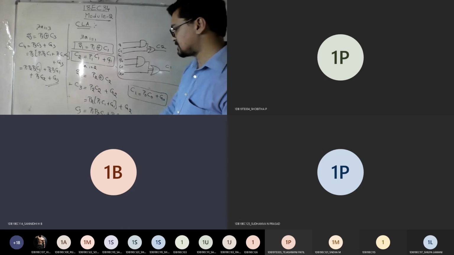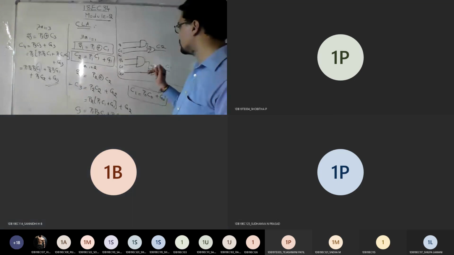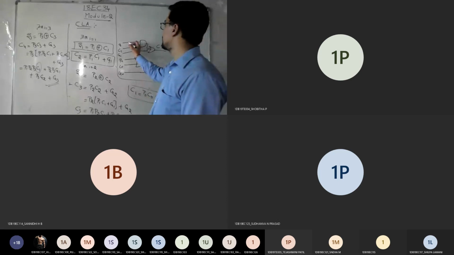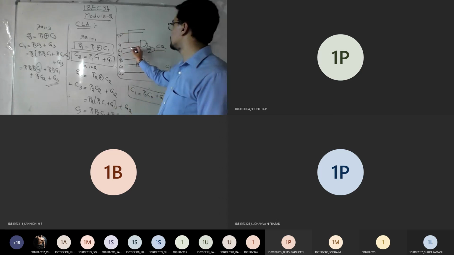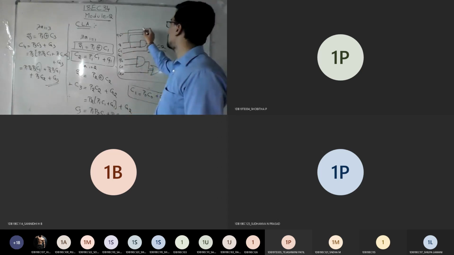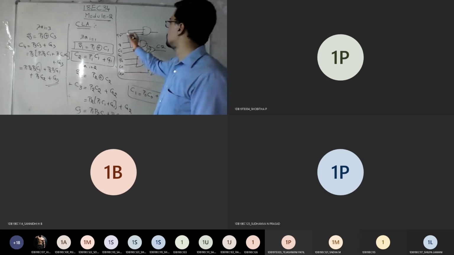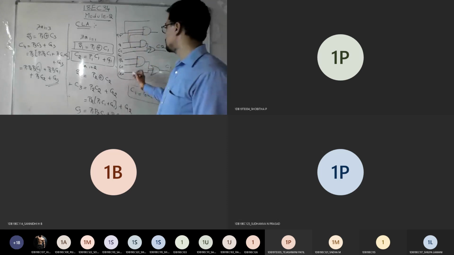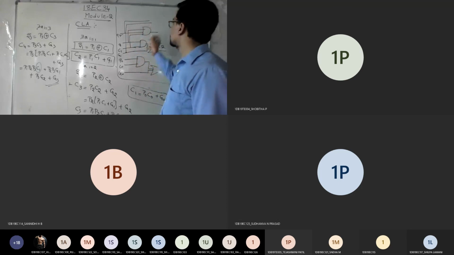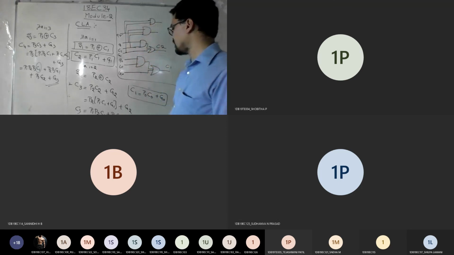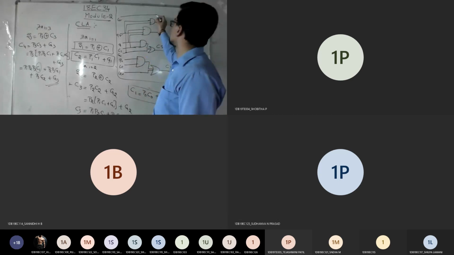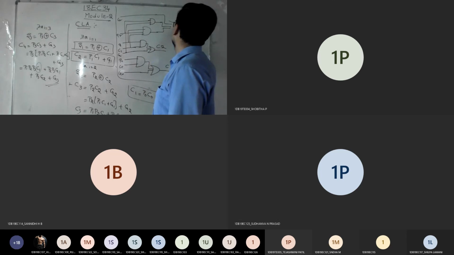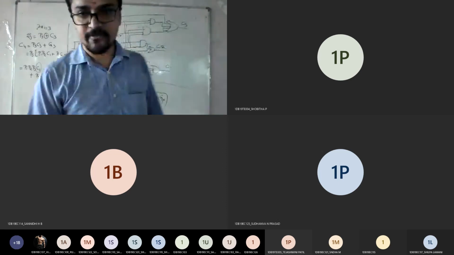Next C3. So for C3 you have P1, P2. P1 is already there, right? So take the connection from here only. P1 is there, so P2 you can add. Then the C1 connection is there. Take C1 also. So connect these 3 to an AND gate. Then P2 you want. P2 is here. Then G1 is here. Take G1, connect this to one more AND gate. Then you want G2 as one more input. Connect G2 here. Then all these will be given to an OR gate. So this is your C3. In the same way you write for C4 also.